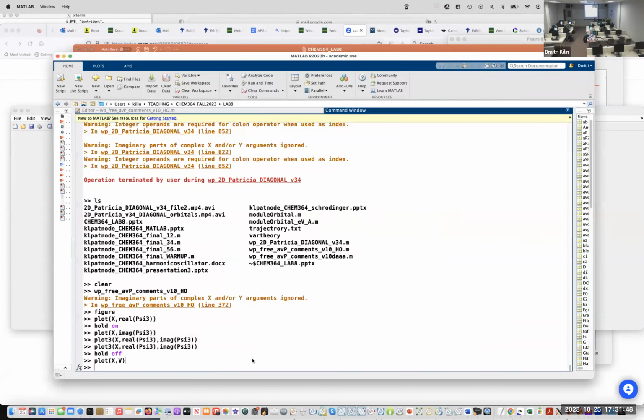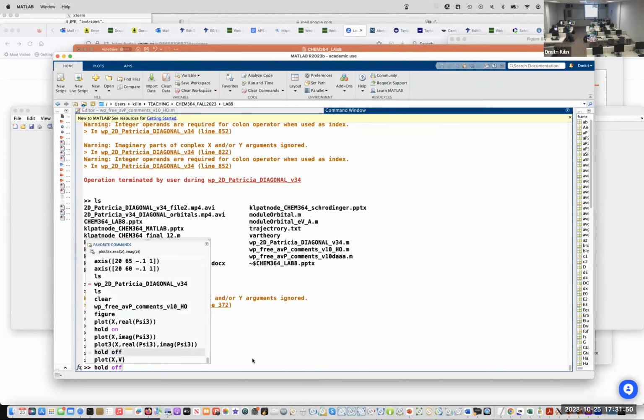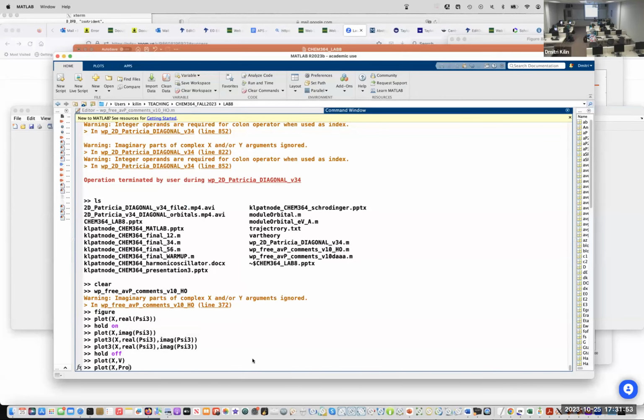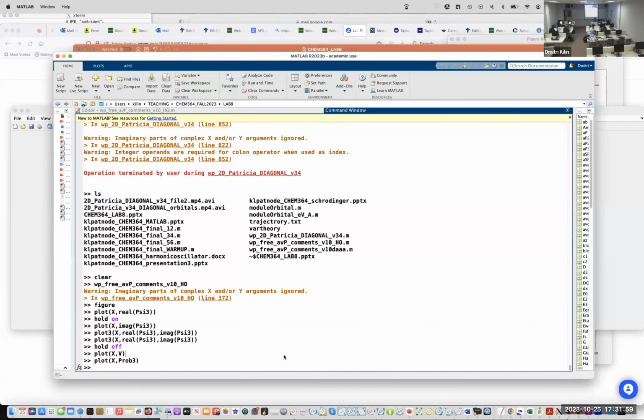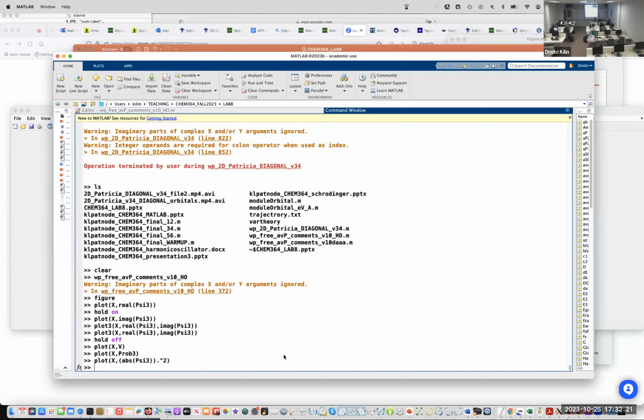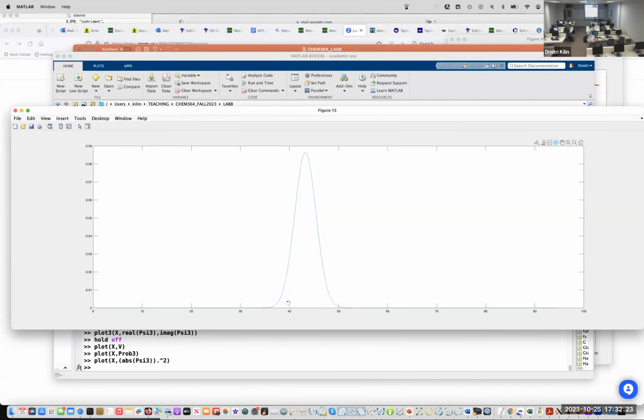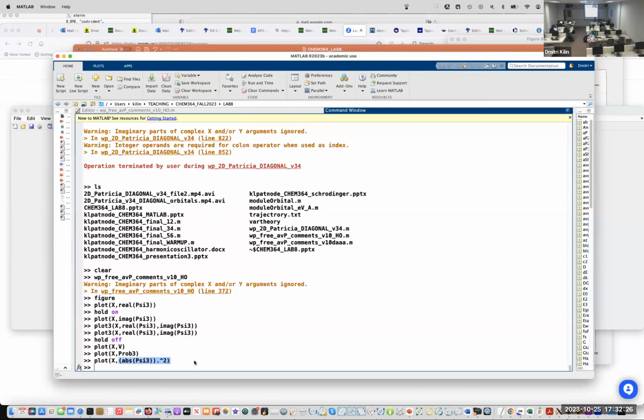Potential, probability distribution. I think it is prob, which is nothing but psi. If you do the absolute value of psi, and then you take a square of it, it will be the same as prob. Let's do it and then find where it is defined. So you see, it shows the same prob3 and absolute value squared.